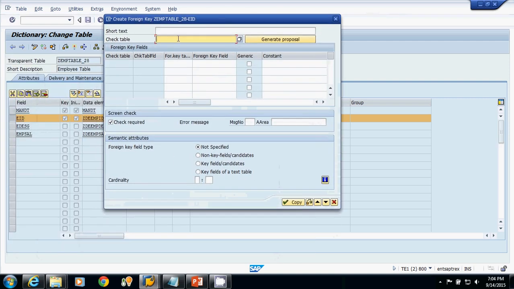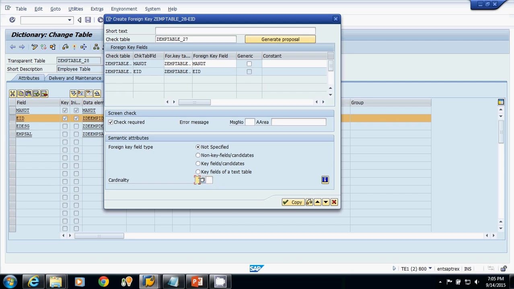Now here I have to pass the name of the primary key table, because that table acts as a reference in the second table. So my name of the first table is Z employee table underscore 27. Now I will click on this generate proposal button. Now here I have to provide the cardinality. Now what is cardinality?